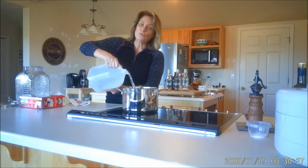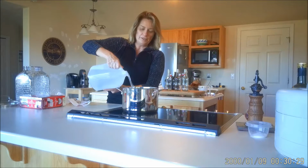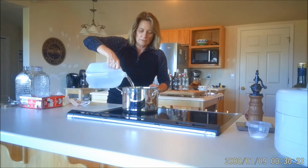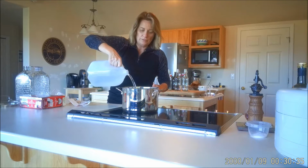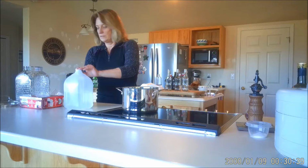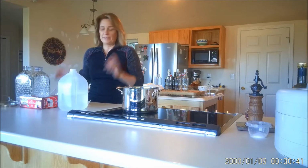So this is filtered water. My water here has a lot of iron in it, so I have to buy the water. I don't have a filter system, so we'll do that someday. Anyway,